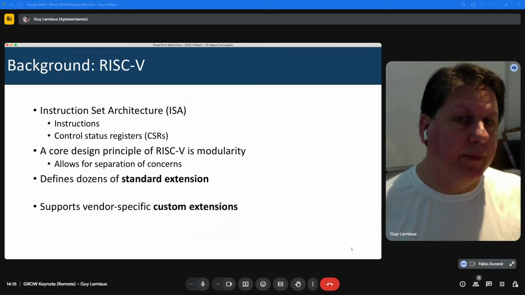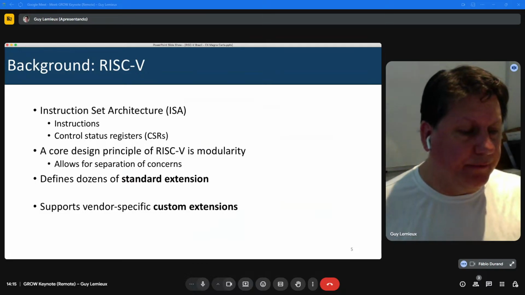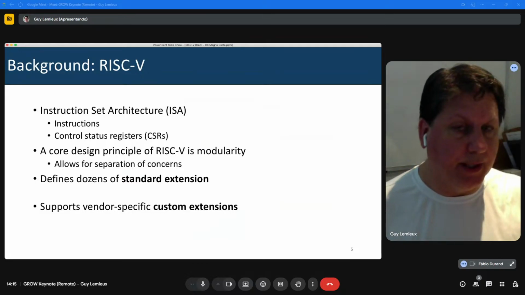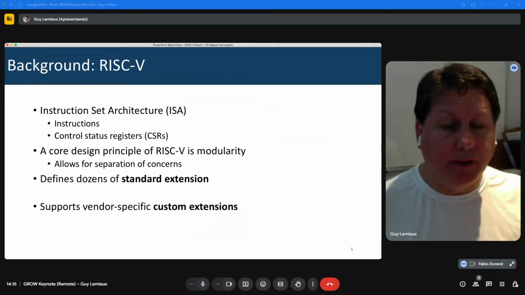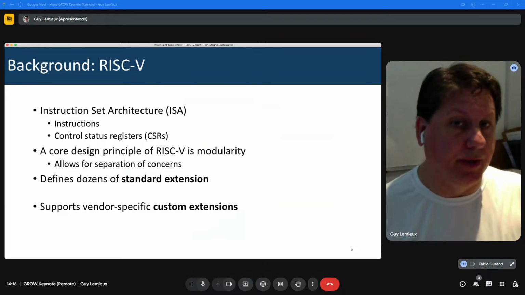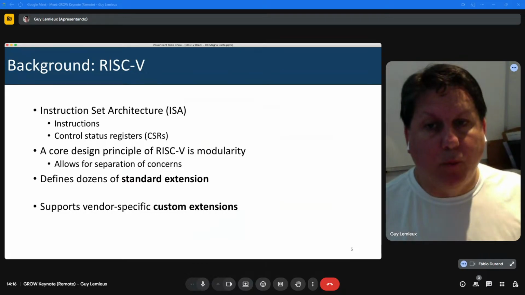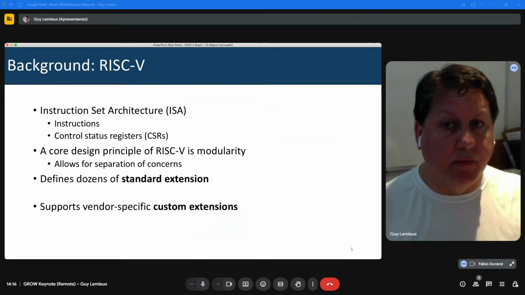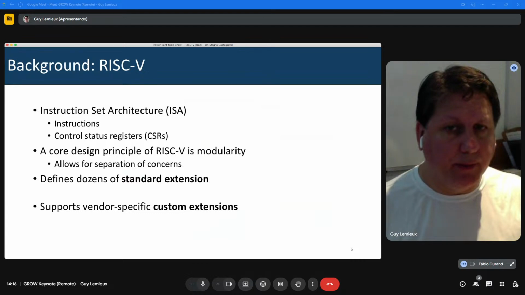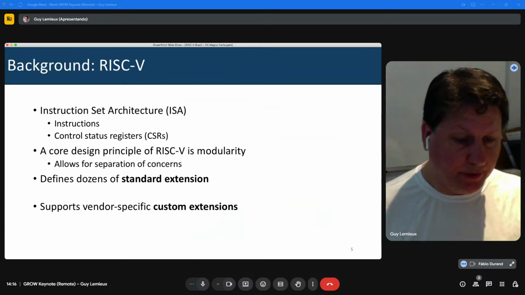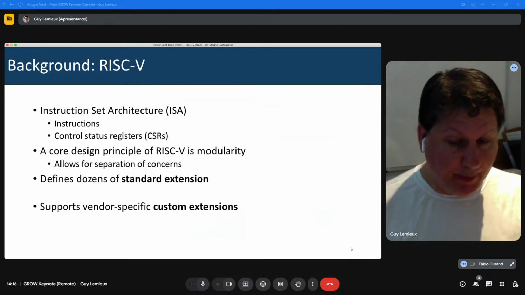And so we need to be able to handle the ability for any hardware module to be plugged in and add extra custom instructions and add custom CSRs without conflicting with other plug-in hardware modules, for example. What we really want to do is provide this concept of modularity that RISC-V has in the ISA, but we're going to use a different word. We're going to use the word composability because